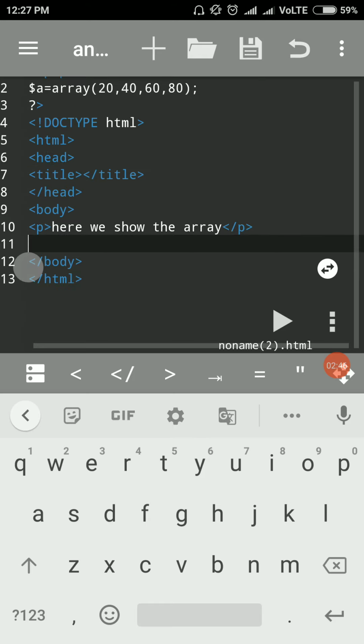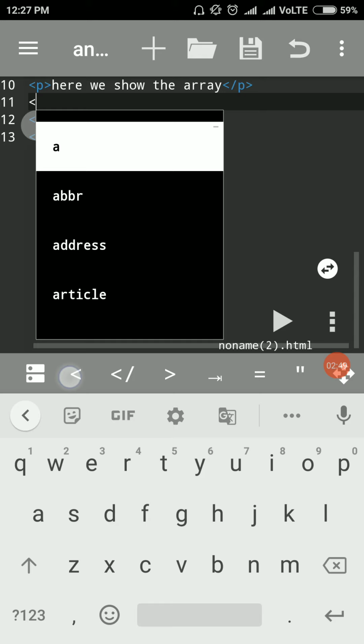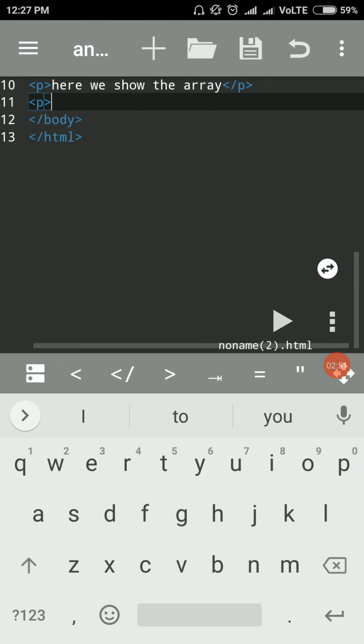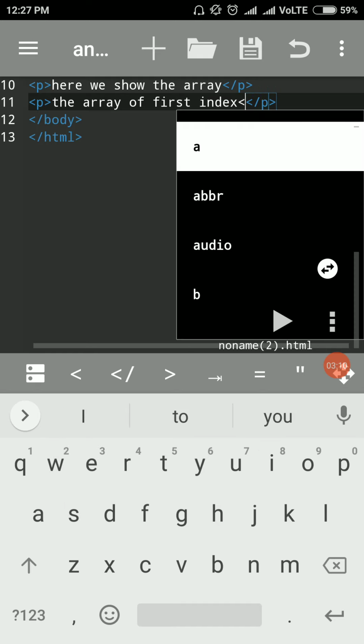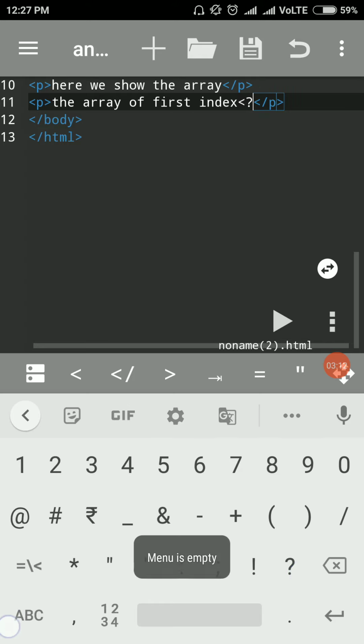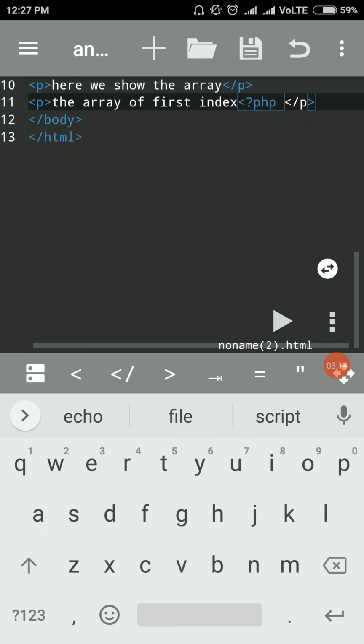Suppose for the first value I take a P tag and write the array of first index, and end the P. Then inside the PHP script we write PHP, space, echo, because I want to show the first value of that array.